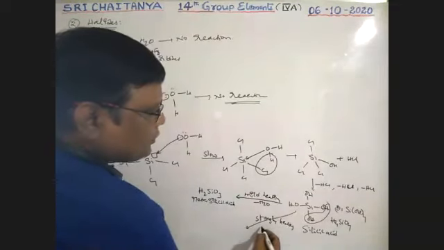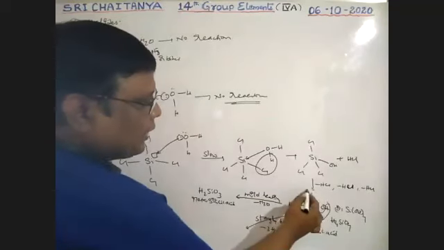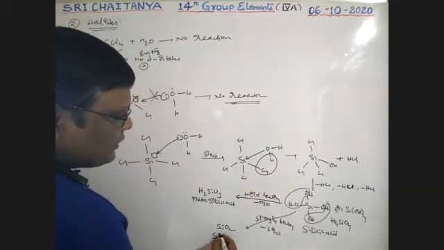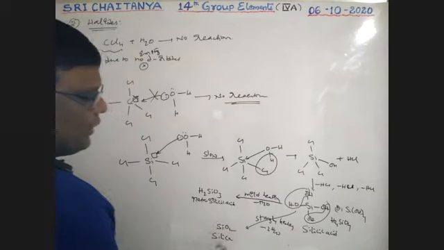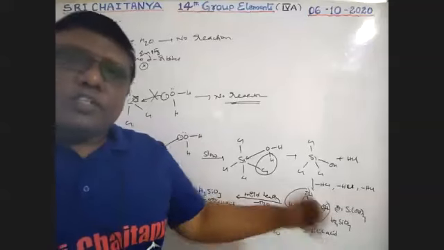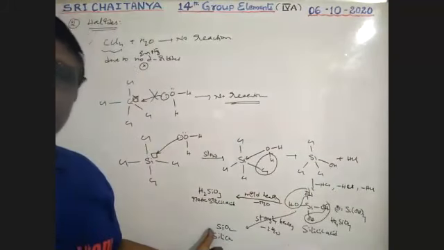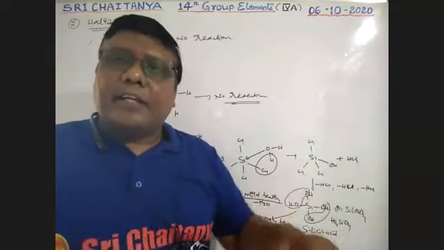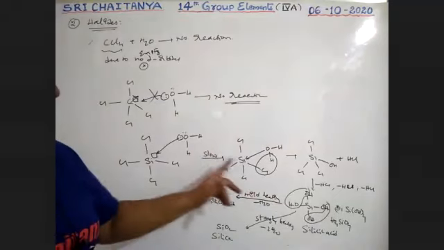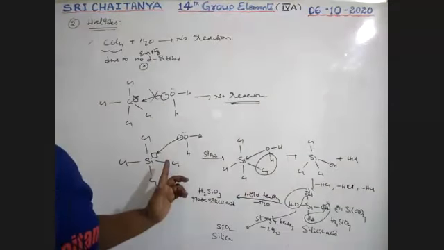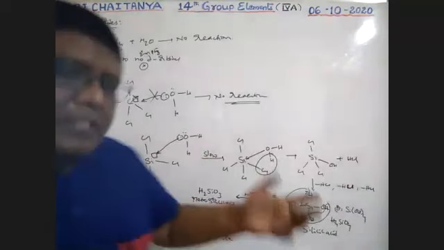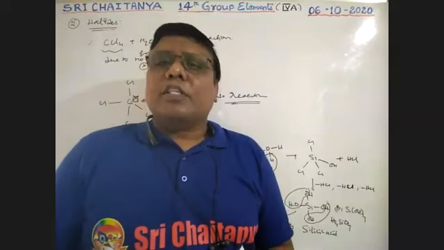If it is heated strongly, two water molecules are lost, one more water molecule here also. That gives SiO2, the oxide form of silicon. That means silicic acid is formed; if strongly heated, two water molecules are lost and SiO2 is the product. If mildly heated, only one water molecule is lost, giving metasilicic acid. So this is about the reaction of SiCl4 with water, facilitated by the presence of empty d orbitals. That means the existence of empty d orbitals gives hydrolysis reactions.